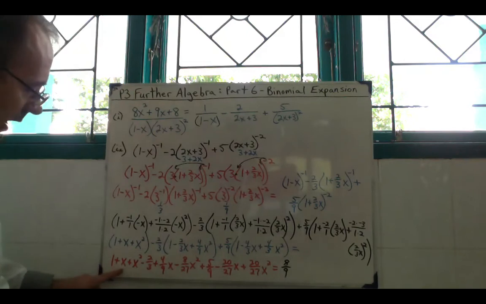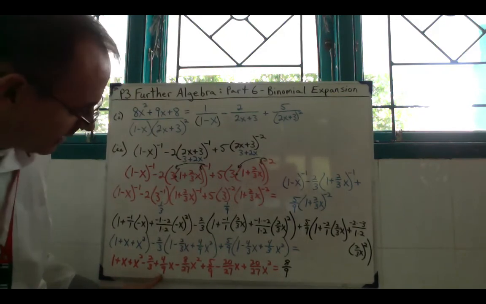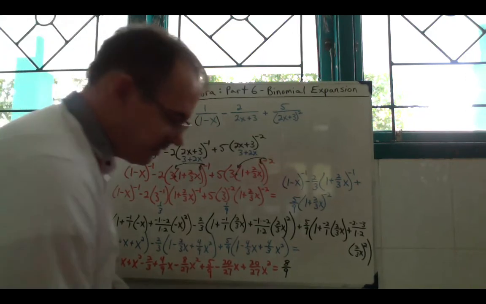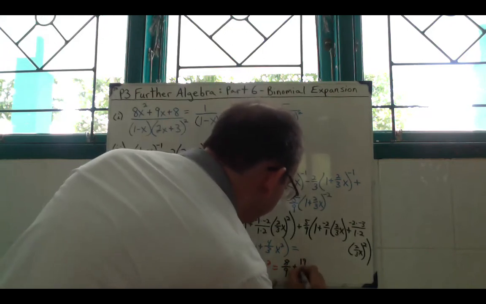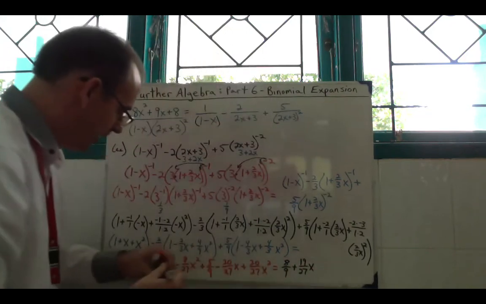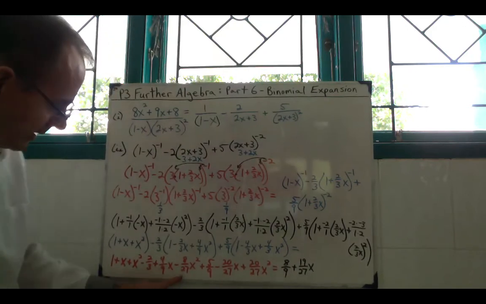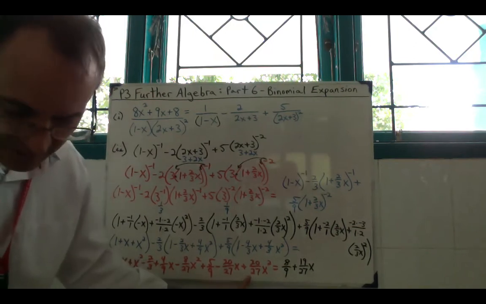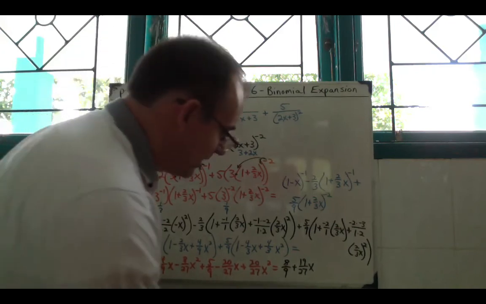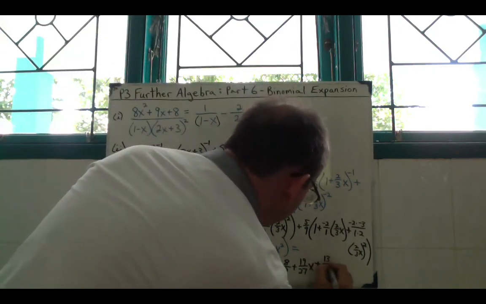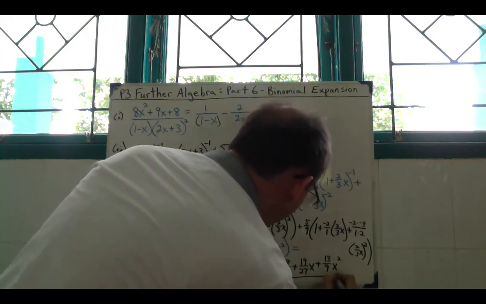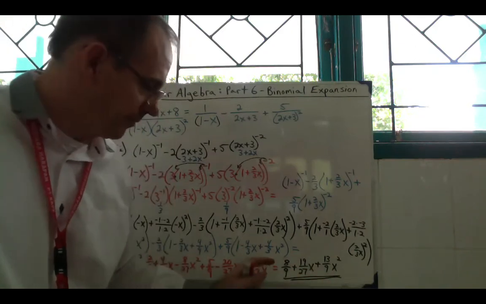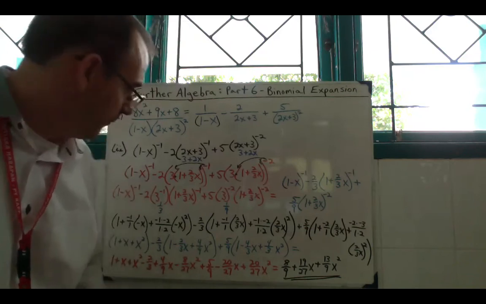And then you take the 1 and the 4/9 and the negative 20/27 and you combine those and you get 19/27 x. And then you look for your x squareds. 1 minus 8/27 plus 20/27, and that equals 13/9 plus 13/9 x squared. And so this is our binomial expansion up to the x squared term for